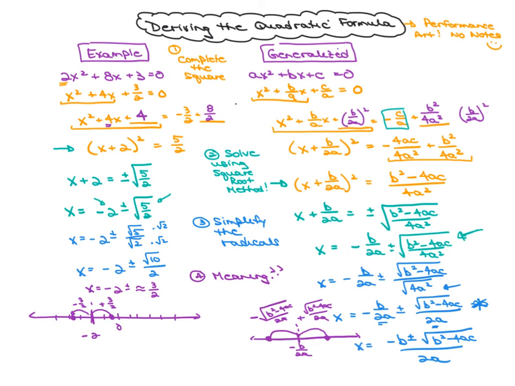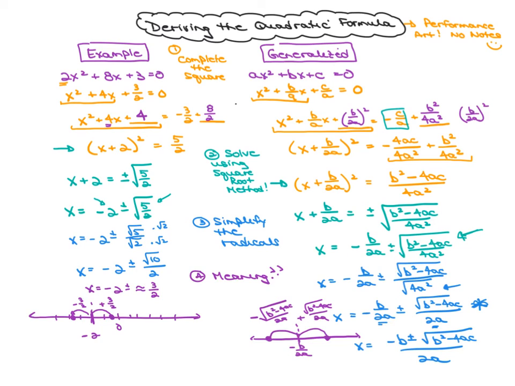All right, we'll wrap up with just giving a little bit of meaning to what the solutions tell us. So for this one, I've just taken the square root of 10, which is kind of close to the square root of 9, which is about 3 halves. So we're starting at negative 2 on a number line and then adding about 3 halves or subtracting about 3 halves. If we think about that in the generalized form, we're starting at negative b over 2a, and then we're adding the square root of b squared minus 4ac all over 2a,